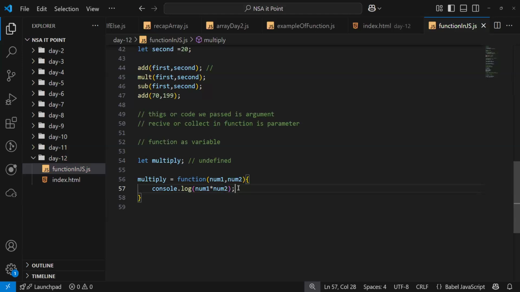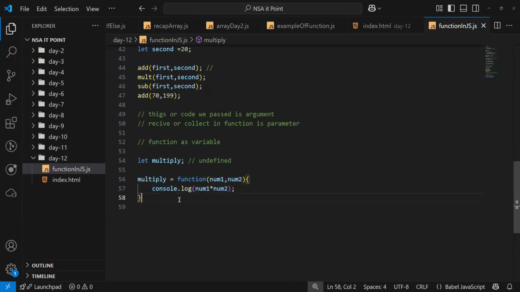That's it. How to call this function? Can you see? I just created the multiply variable, and inside that variable I store this function. While you are storing a function, you don't need to write a function name.